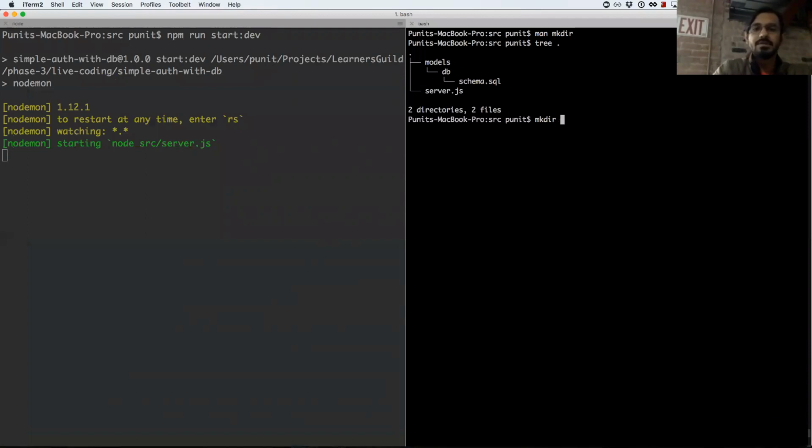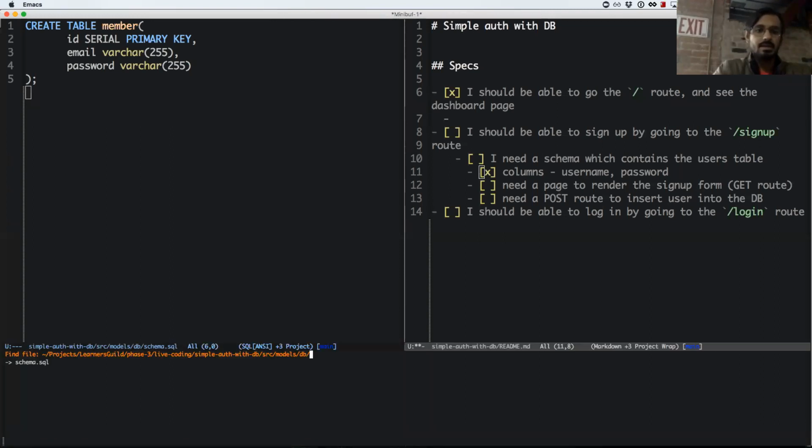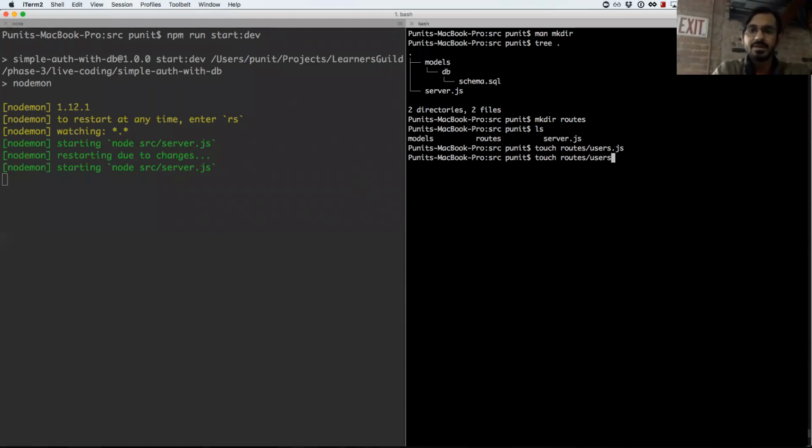So we'll need a folder for our routes. So routes, and let's create a file for users. So I'm going to say touch routes/users.js. And actually, before that, I need to create a file for my database functions. So I need a file in my models, users.js, as well as